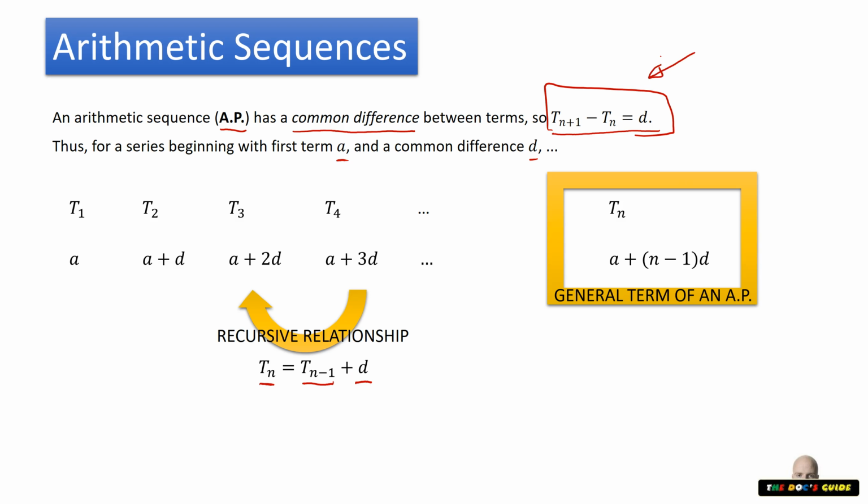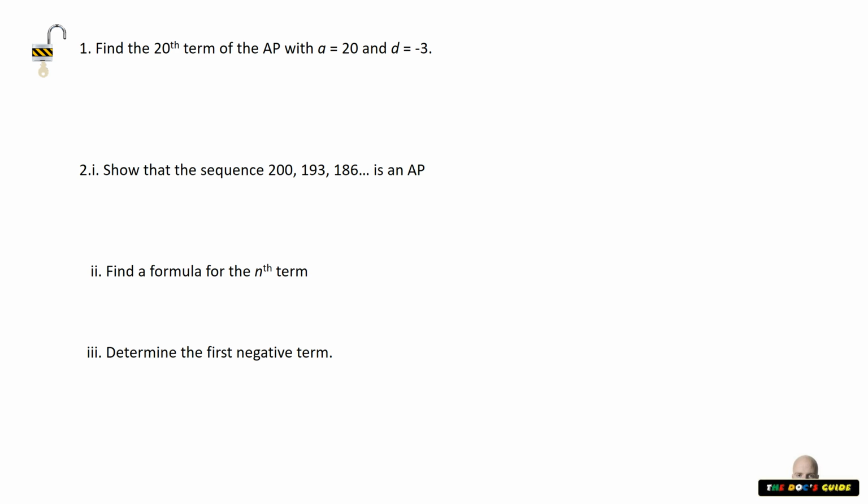So in a sense, the definition of an AP gives us the recursive relationship. So let's have a look at some examples to do with our APs. For our first example, find the 20th term of an AP with a equals 20 and d equals minus 3. We just saw a moment ago what the general equation for an AP is. So to get the 20th term, we want a plus n minus 1 times d, which will simply be